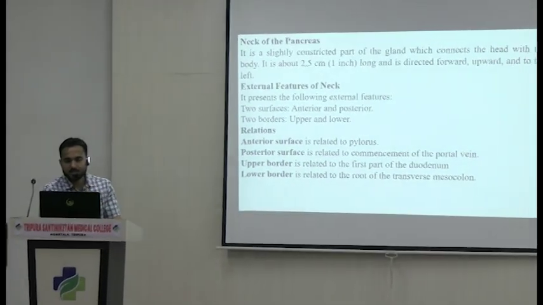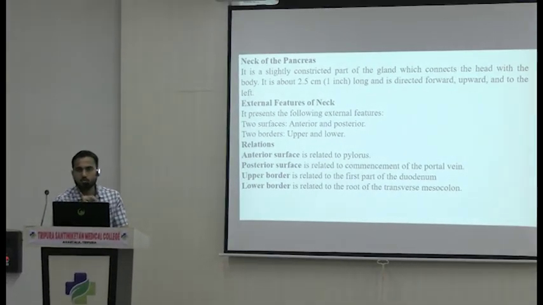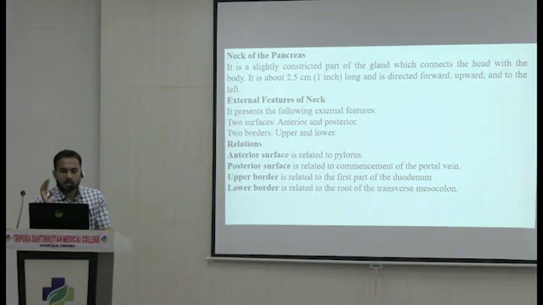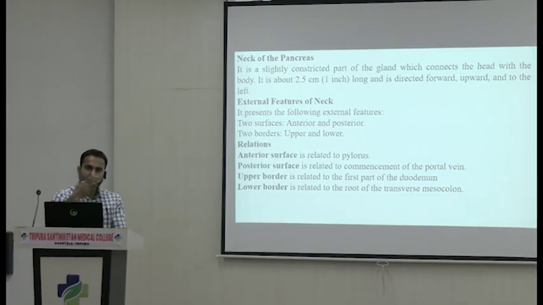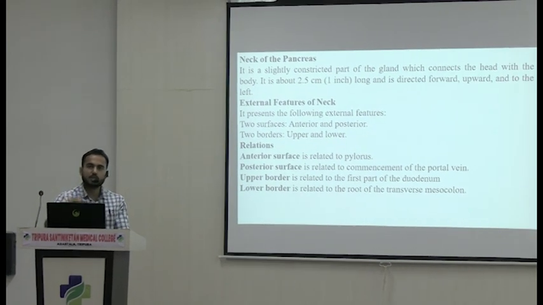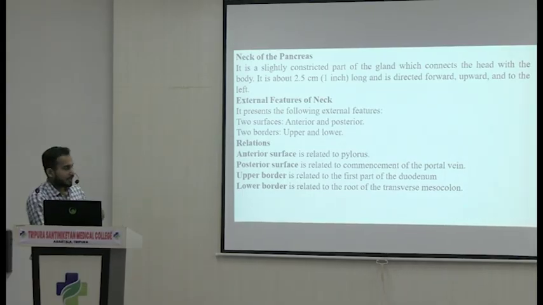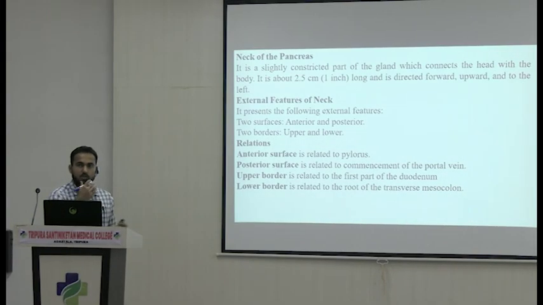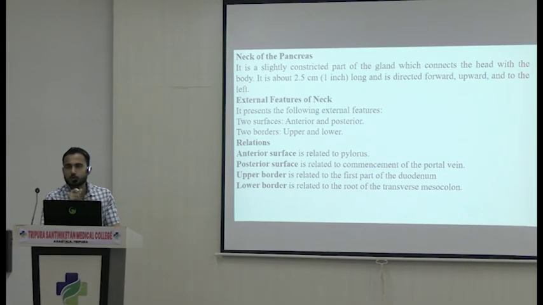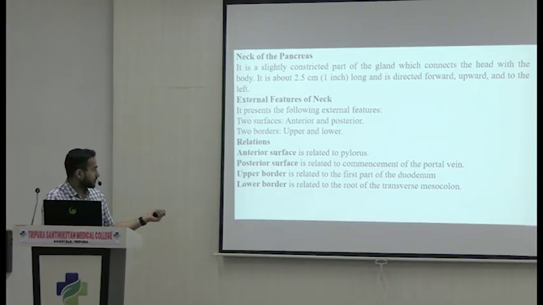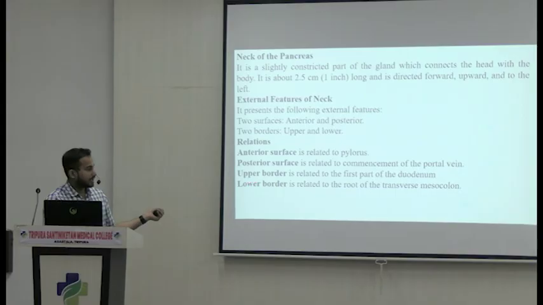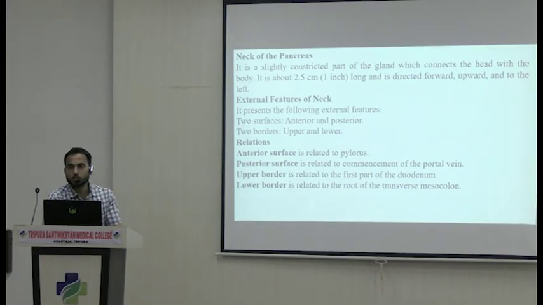Now, in the external features, the neck has two surfaces and two borders. Very simple. The surfaces are the anterior surface and the posterior surface, and the two borders are the superior border and the inferior border. If you see the anterior surface, the stomach will be there, that is the pylorus of the stomach. Posteriorly will be the commencement or the beginning of the portal vein, which we have already discussed in the portal vein chapter. Now, the upper border is related to the first part of the duodenum, and the inferior border will be related to the root of the transverse